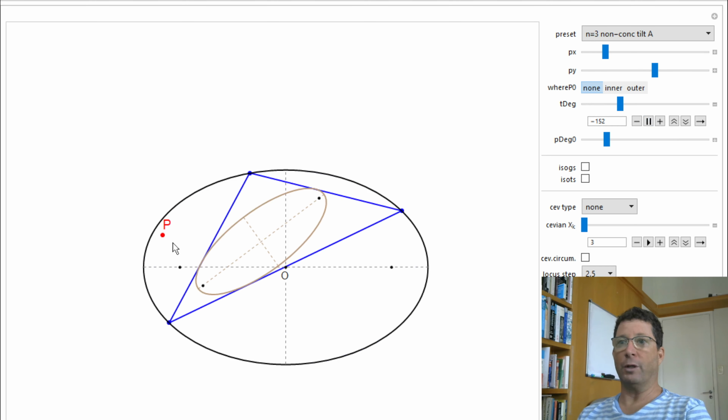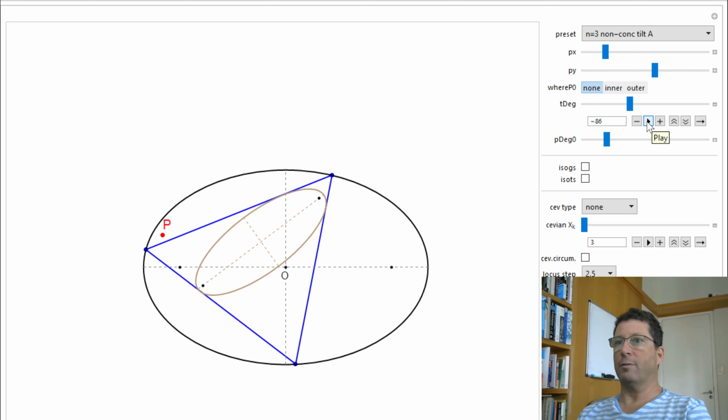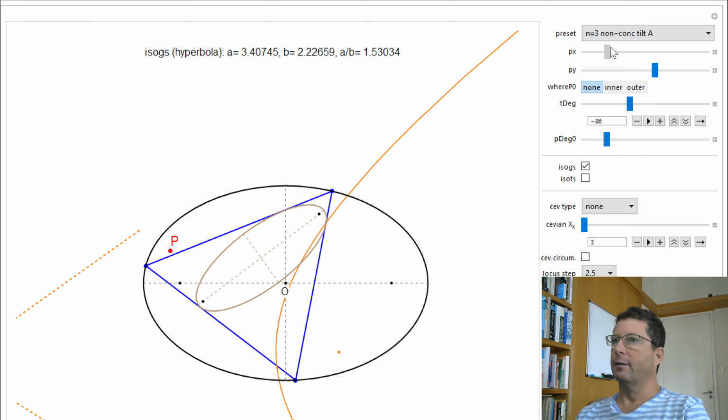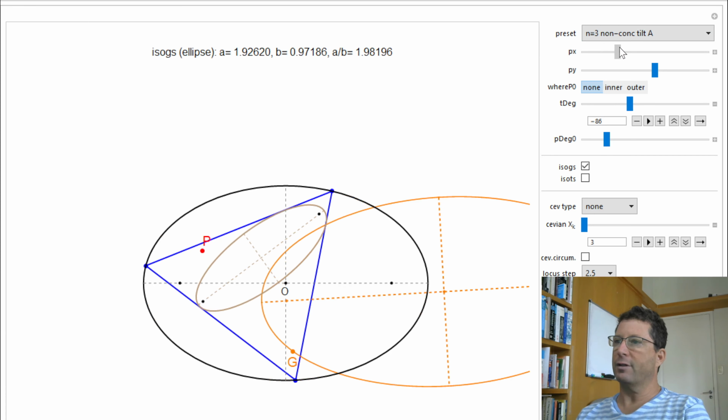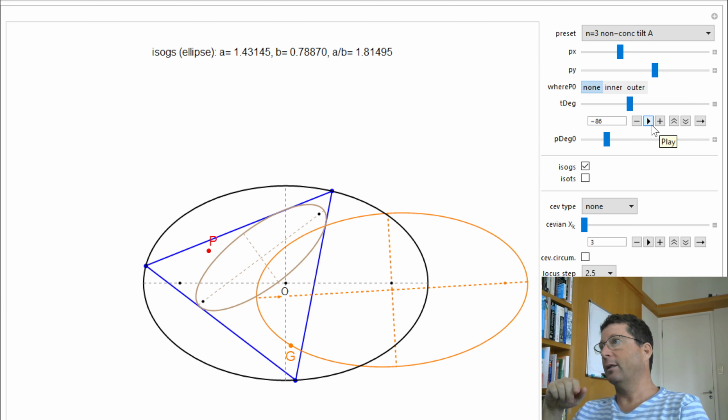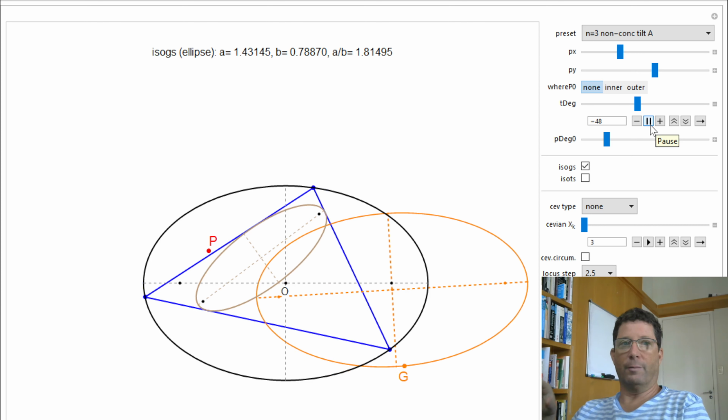Okay, and I have a fixed point P. Now the question becomes, what is the locus of the isogonal of P? It turns out, let's go ahead and pick a, just for the sake of first set of explanations, that whichever P you choose on the plane of this pair of ellipses in this Poncelet family, the locus of the isogonal of P is no longer a circle, but it remains